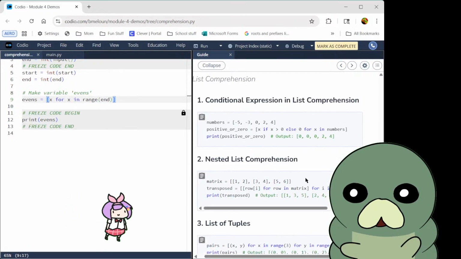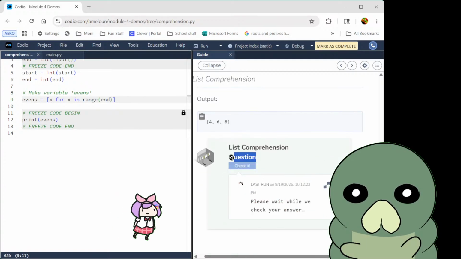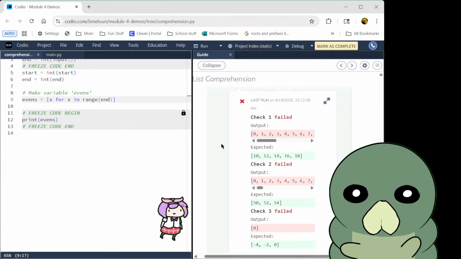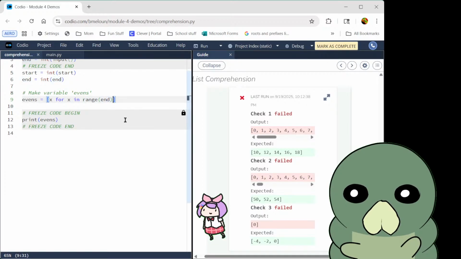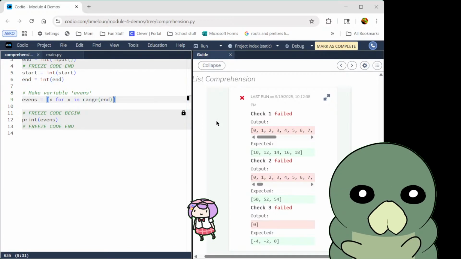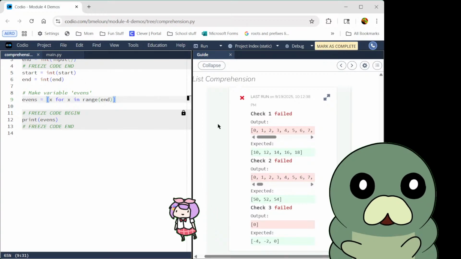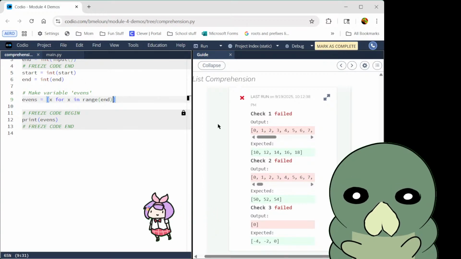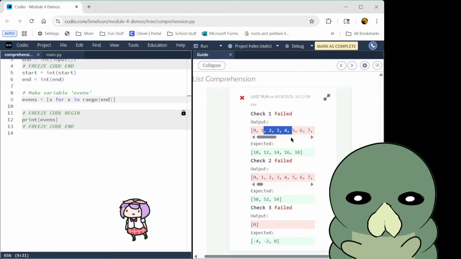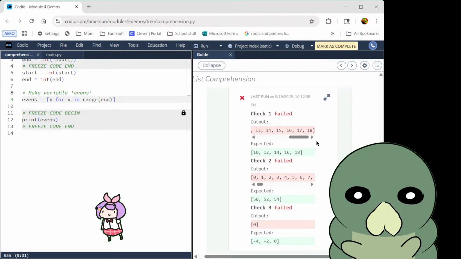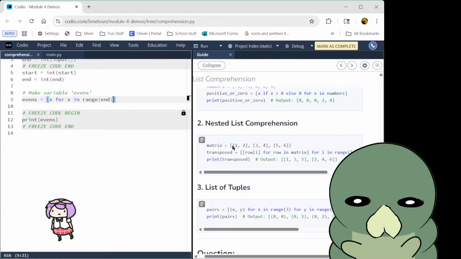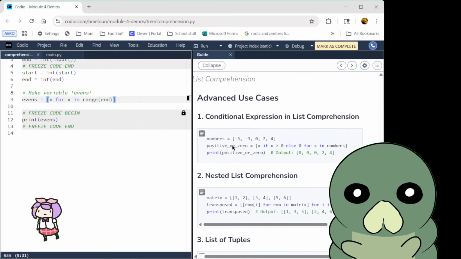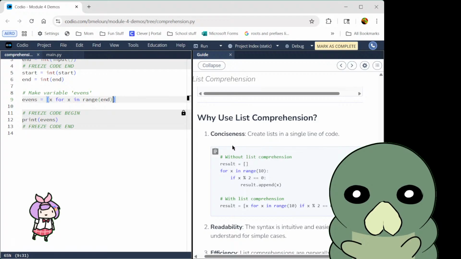X for x. So x is a, oh, I did it. X in range, and just because, all numbers up to n, right? Okay, and then with the example that it was like, oh,